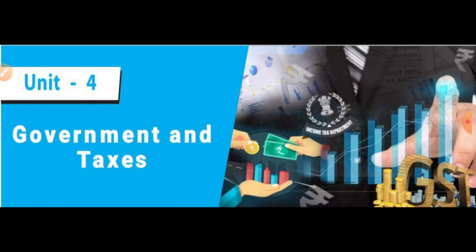Then the next one is the redistribution of income and poverty alleviation. That means the government collects various taxes. High income people have to pay more tax and low income people, that means the poor, pay less tax. That tax money is spent on food, shelter, clothing, education and health care for the poor. Then finally, regulating the economy. The Indian government regulates the economic condition through the Reserve Bank of India.